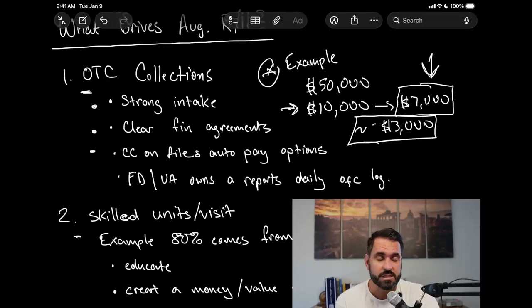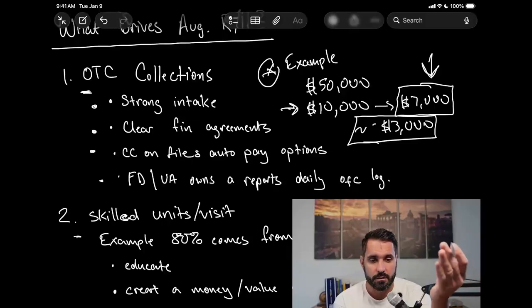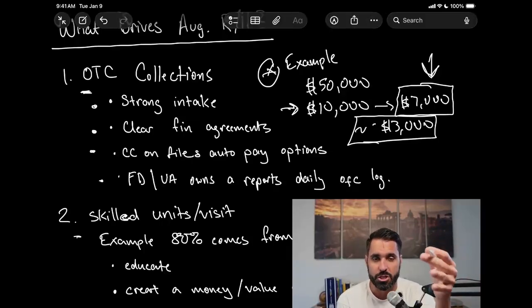Many businesses, this is standard practice. There's many healthcare businesses, and even things like gym memberships or Amazon, they have a credit card on file, right? You have to have your patients put a credit card on file, in my opinion. And then lastly, you want to have somebody that is assigned ownership of reporting that metric to you